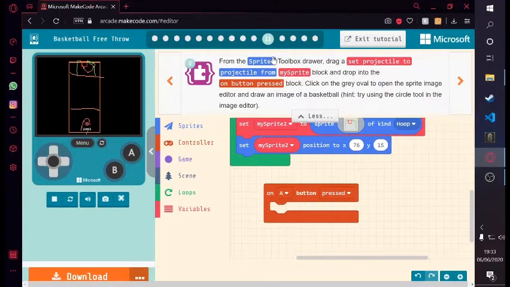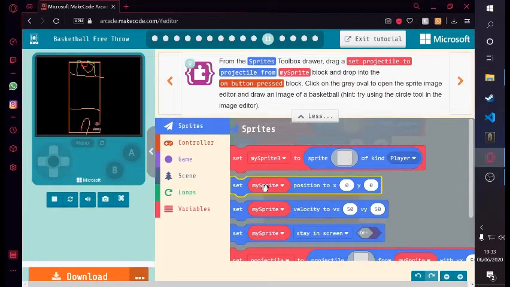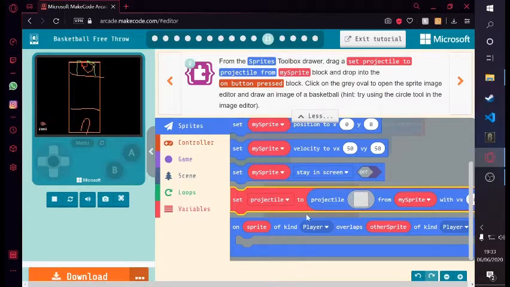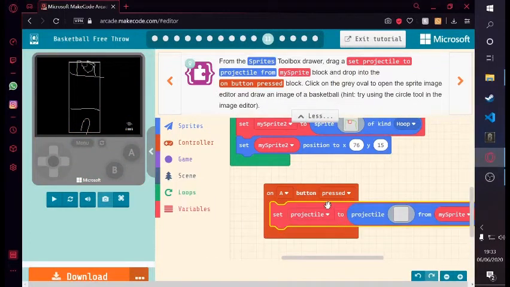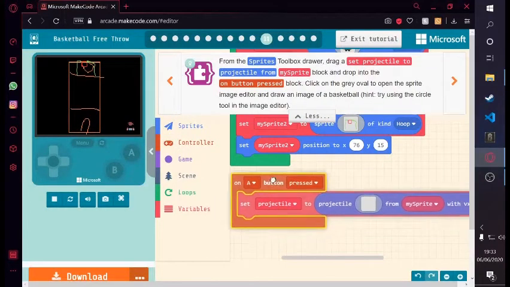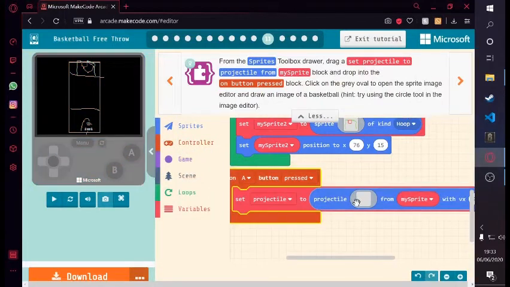So we'll go from the sprites toolbar, we need to drag a set projectile to. So we'll go sprites, set projectile to projectile from. That's it. We'll click on it and put it in our new one that we just added. So once that's there,